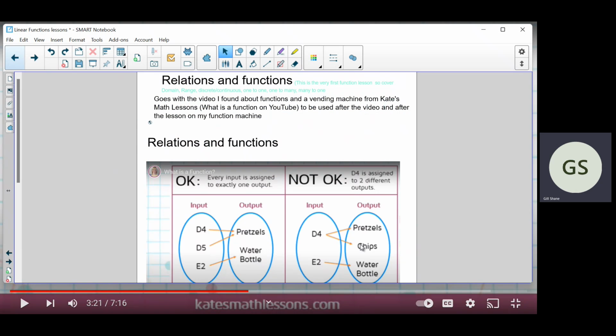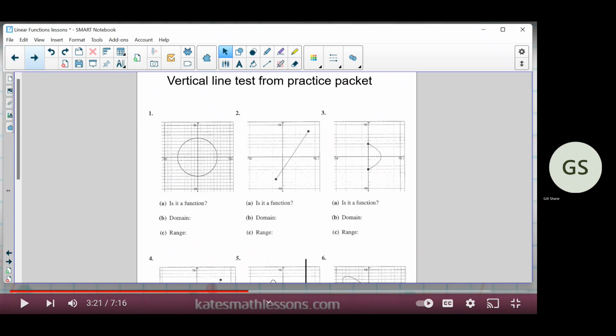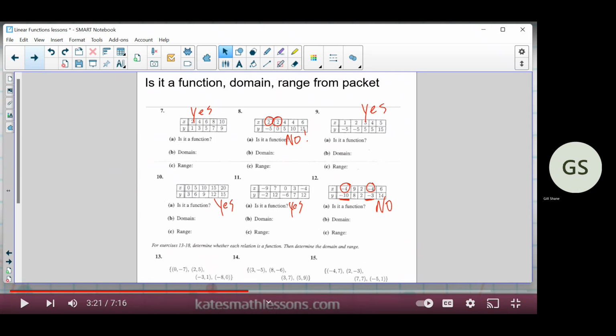Backwards, we did some little assignments in class. I guess maybe I have one on here. We'll do it again in class if you do it. This is not what we used in class, but you can tell me, and we haven't done domain and range, so you can come back and do that, or hopefully by then you will have the worksheets from class. Tell me if these are functions or not. So 7 through